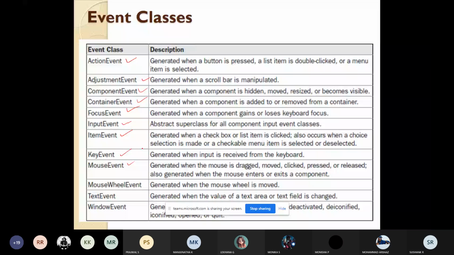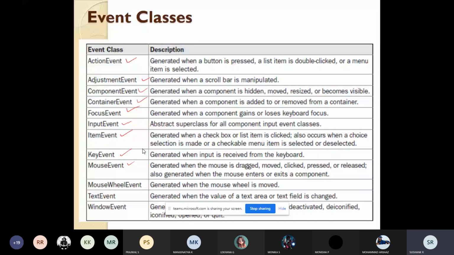After this, we have the interfaces also, so we'll look into that too. First we'll study all these classes and events. Then I'll write 2 programs: one based on the mouse input and the other based on the keyboard. And after that we'll talk about programs related to inner classes or anonymous inner classes in Java.